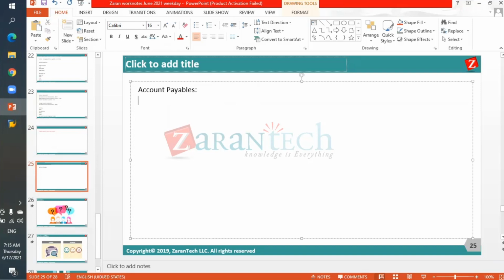Now we have gone to account payables. Account payables is a subsidiary ledger. Under GL, you find account payables, subsidiary ledger. Now, any subsidiary ledger, you will be creating